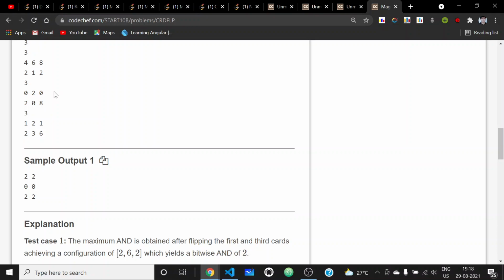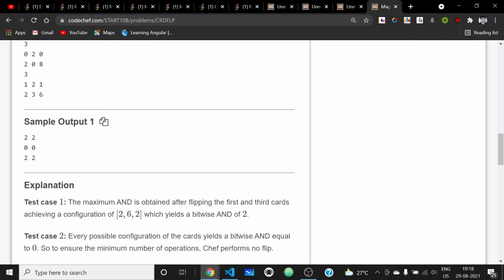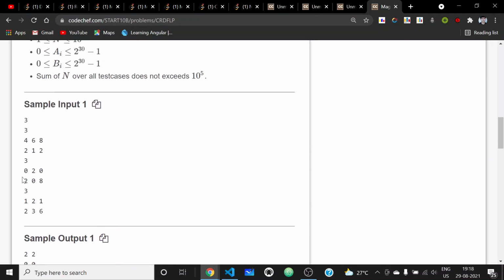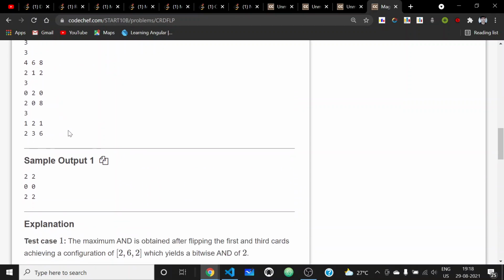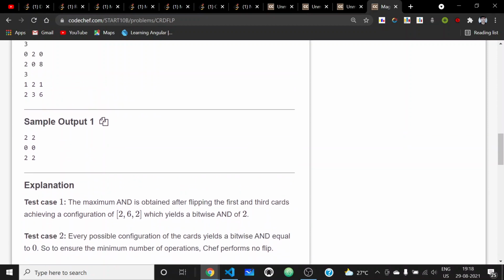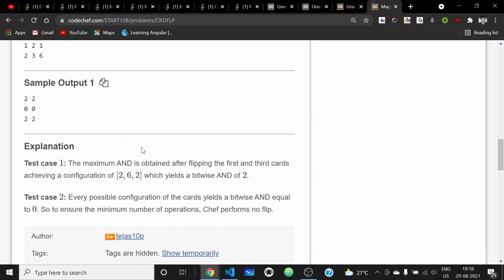And here the maximum possible is 0, we can't achieve any number greater than that. And here also the maximum bitwise AND possible is 2, and it can be made possible by flipping a minimum of 2 cards.